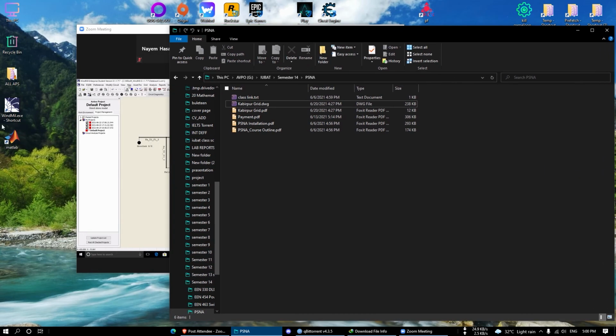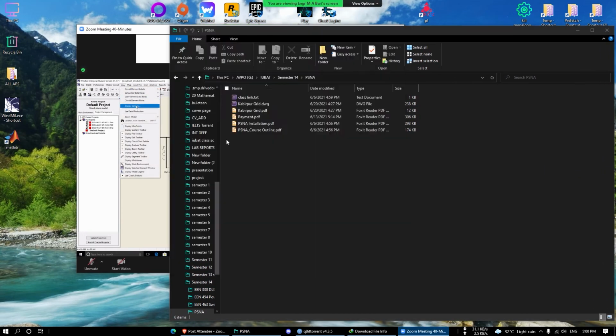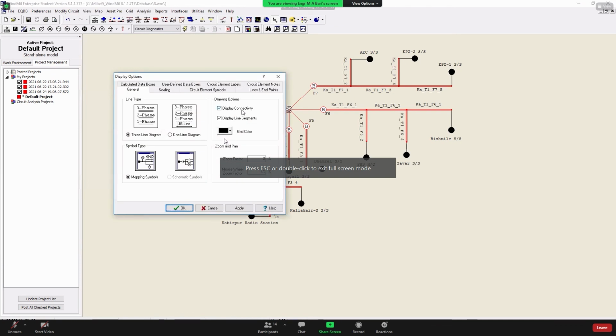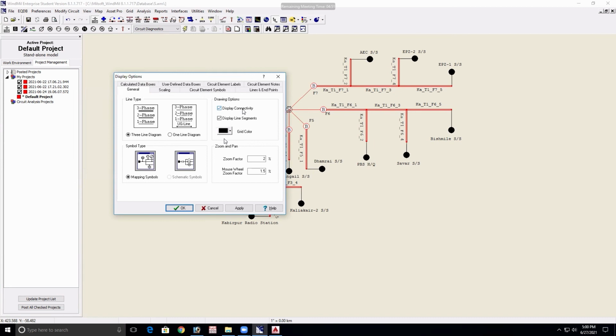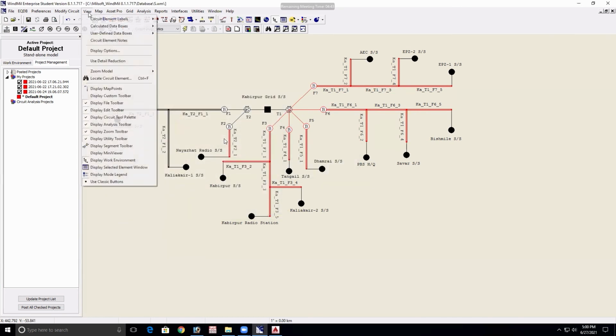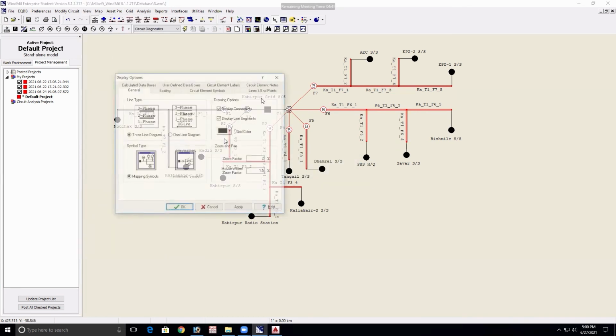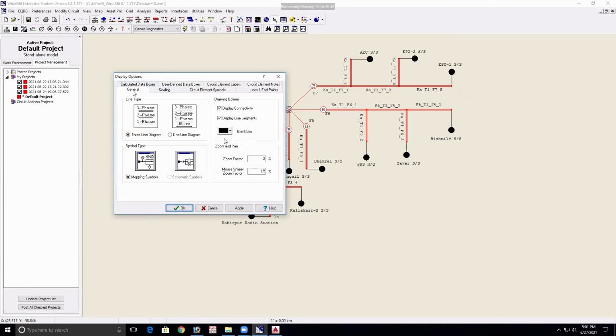Okay, look at the screen. First go to View, Display Option, and check whether display connectivity is on, yes or no. It is on, yes or no. Sir, I checked, I cannot see. First, View, Display Option, Display Connectivity, general areas, Display Connectivity.